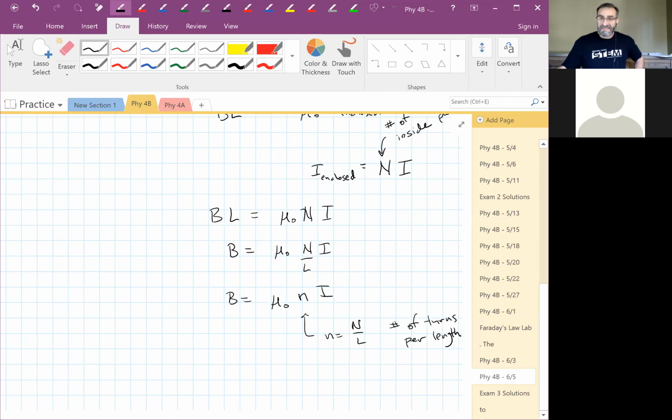Then the solenoid could be as long or as short as we want. All we care about is the turns per unit length, which kind of makes sense